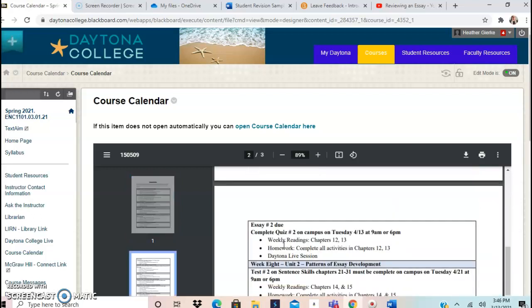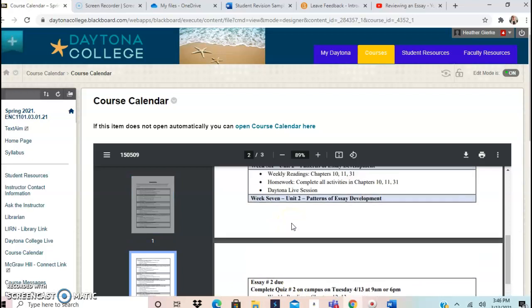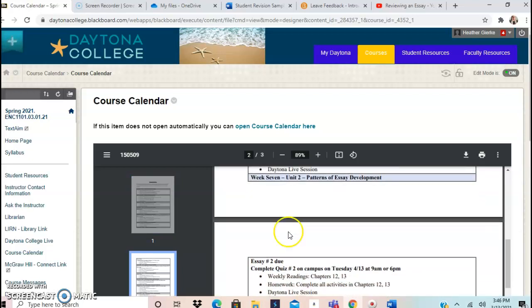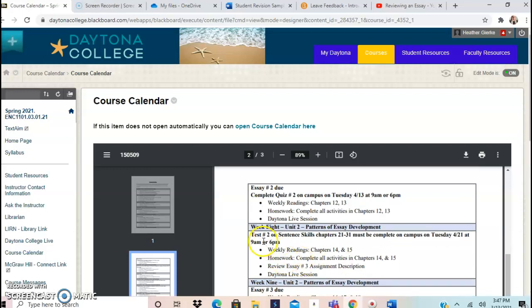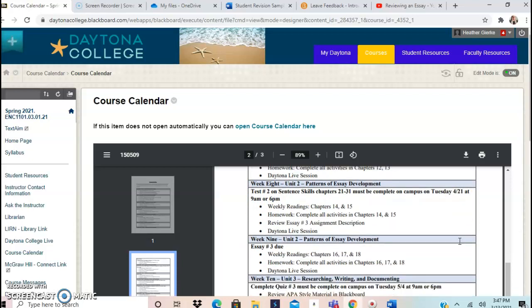Moving forward, just taking a look at the weeks to come, same thing: essay 2 will be due, but then for quiz 2, you will need to come onto campus on the 13th. Then test number 2, the grammar test, you will need to come onto campus Tuesday the 21st as well.